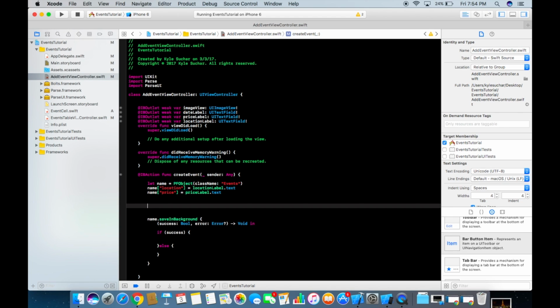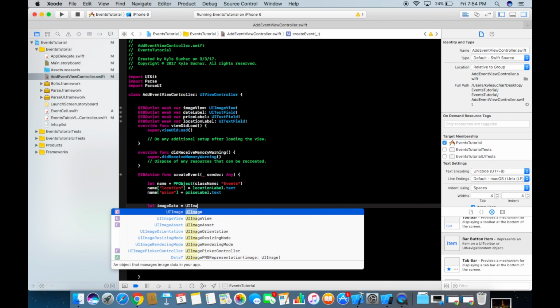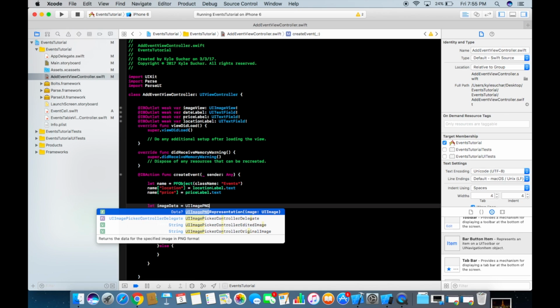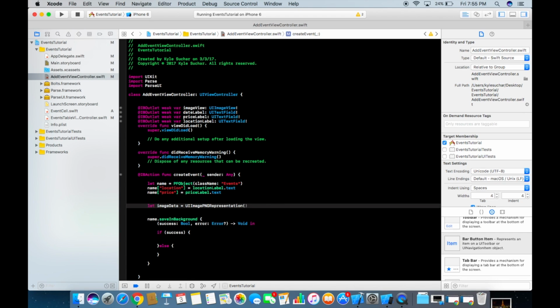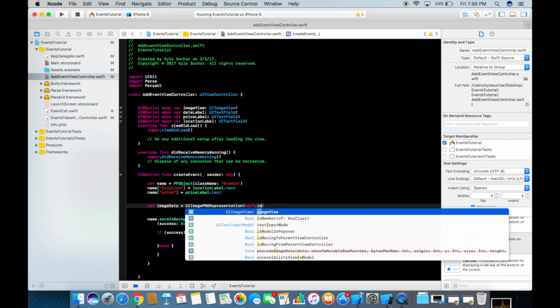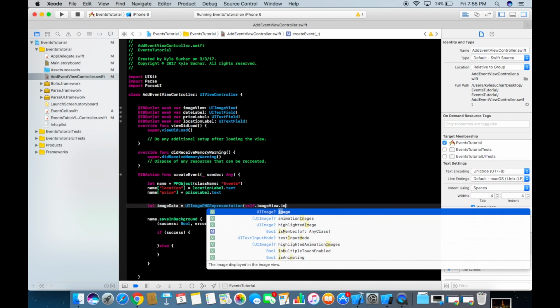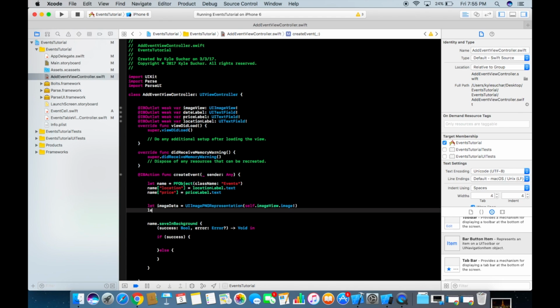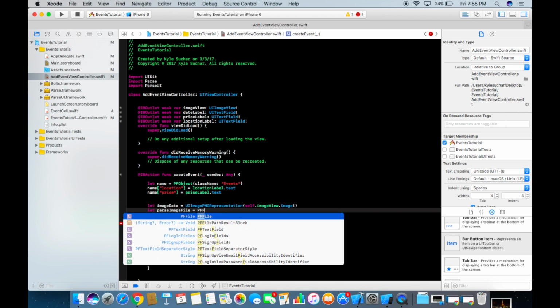And we only need really 3 lines of code. So let's do let image data equal UI image PNG representation, and then it's going to be self dot image view dot image, and then we're going to do let, let's call it parse image file equal PFFile,